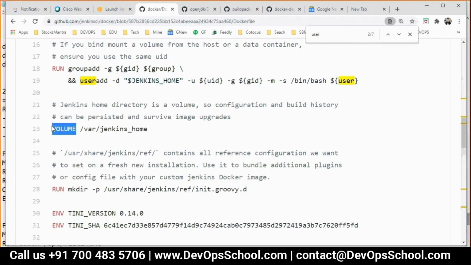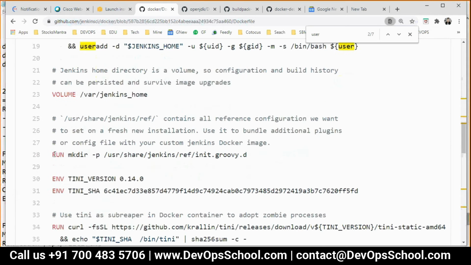And that volume will be mounted inside a container at this location. Simple. This way, whatever files Jenkins has written, you will have persistent. And you can reuse the volume again with some other containers. That functionality you have already. So that way you can make it happen.